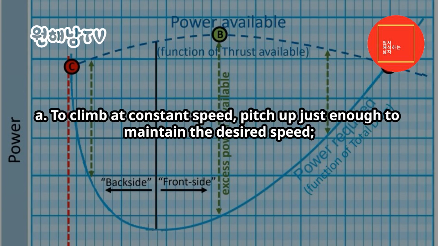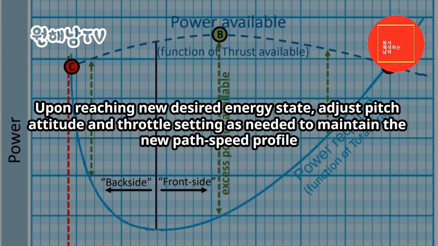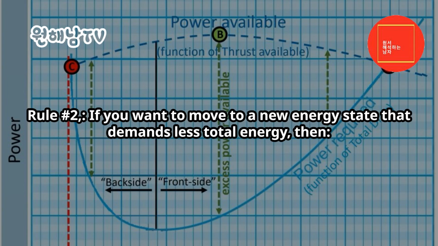A. To climb at constant speed, pitch up just enough to maintain the desired speed. B. To accelerate at constant altitude, gradually pitch down just enough to maintain path. Upon reaching the new desired energy state, adjust pitch attitude and throttle setting as needed to maintain the new path-speed profile. Rule number 2: if you want to move to a new energy state that demands less total energy, then